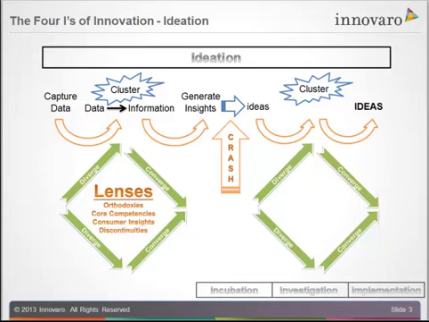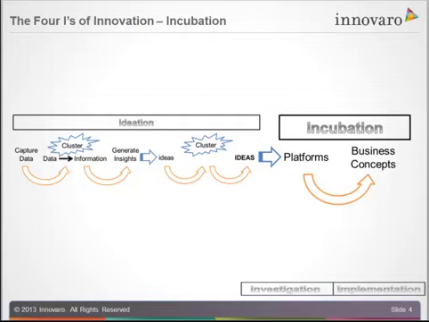So that then brings us to the next step, which is really what we look at as incubation. And incubation really is taking these larger ideas and building them into platforms, things that we can bring to the marketplace, that we can roll out over time, that people can begin to consume, that we can actually do, or organizational changes that we can make that have a larger end result, but we start with small pieces of those.